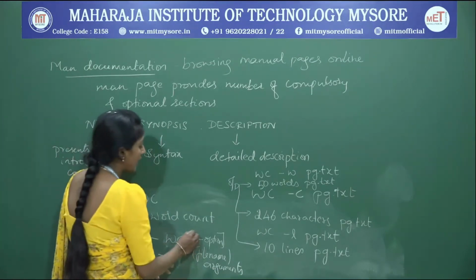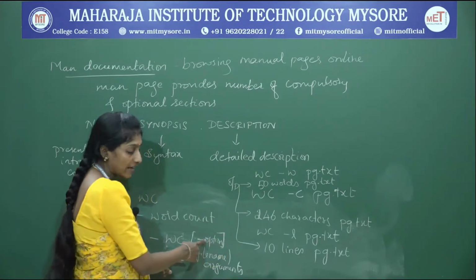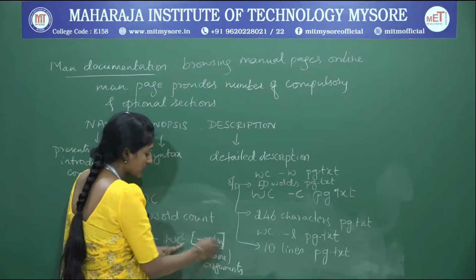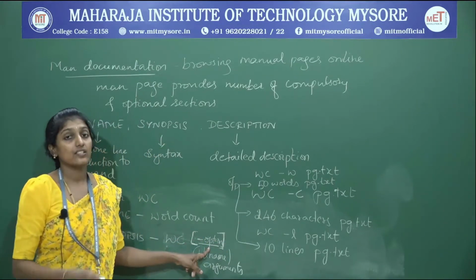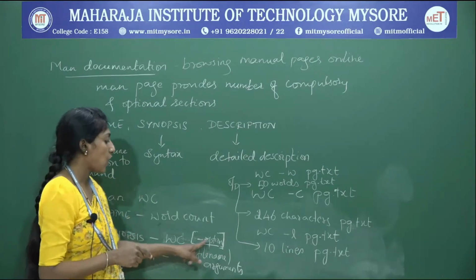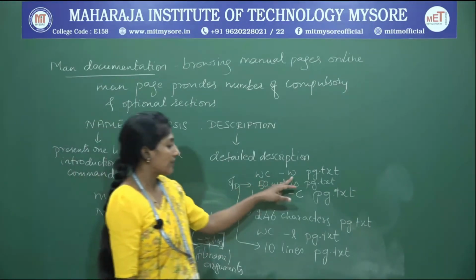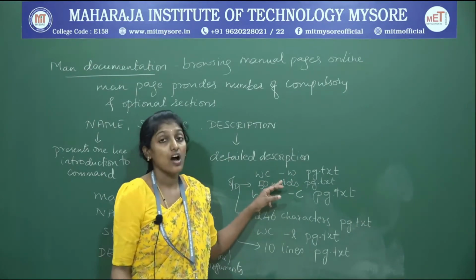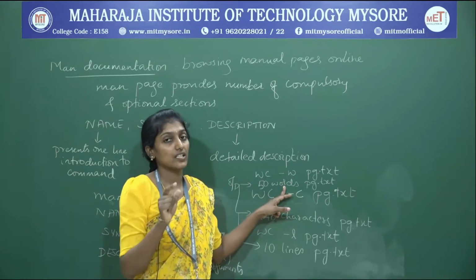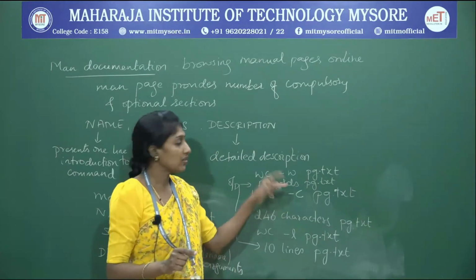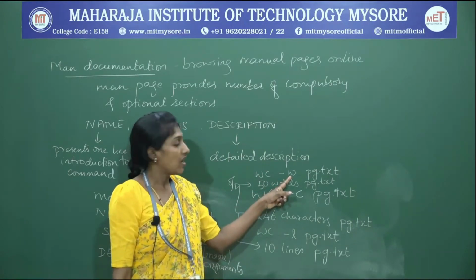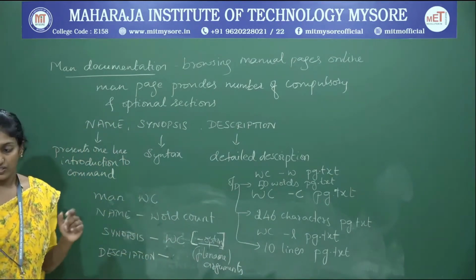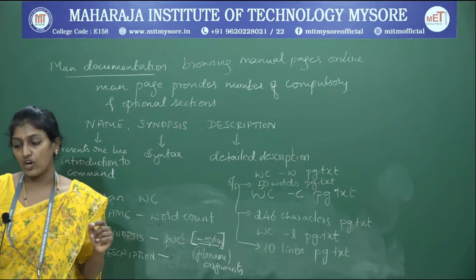So if any command has the option section enclosed with a square bracket, then using the options is optional. Like if I consider -w, -c and -l, all these three options are optional while executing the WC command. It's not mandatory that you always need to use the options -w, -c and -l for the execution of the WC command. Okay, so this is one important thing you need to know with the synopsis section.